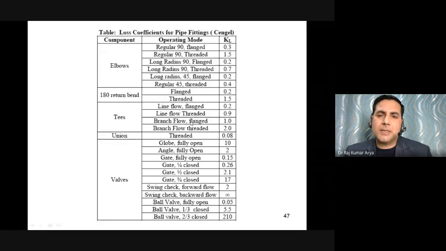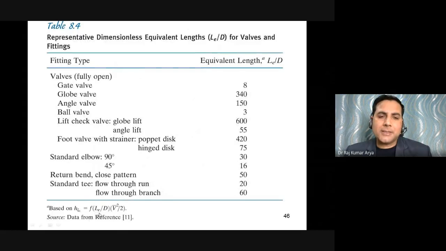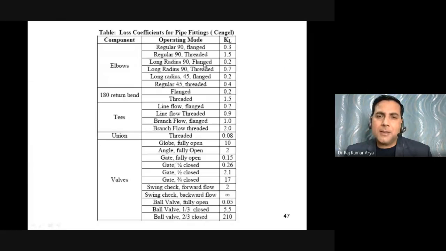So previously we were talking about this f Le by D, V square upon 2g. This complete term f Le by D can also be replaced by a loss coefficient, which is called KL. So KL is equivalent to your f Le by D. Either you need Le by D, or if you know the value of KL, you can also calculate your losses. These tables will also be provided to you, and these are the corresponding loss coefficient values